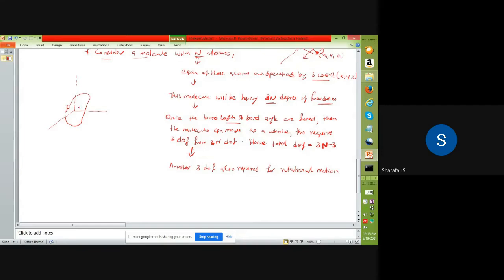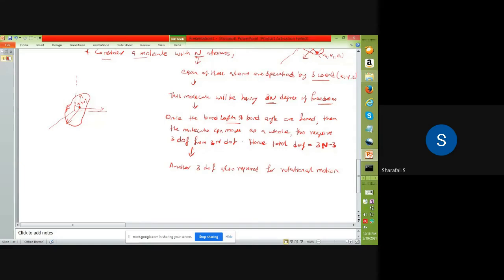So for example, this is the center of gravity. In order to specify the translational motion, we need to specify the center of gravity. The center of gravity will be x, y, z, and this will be a single point for a single molecule. What the x, y, and z position is for this particular center of gravity point can be specified